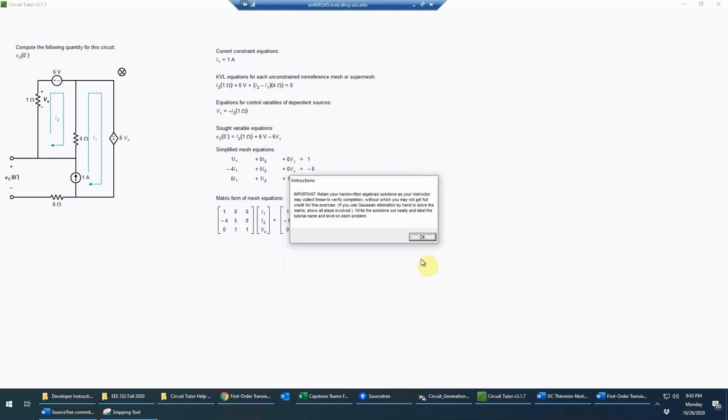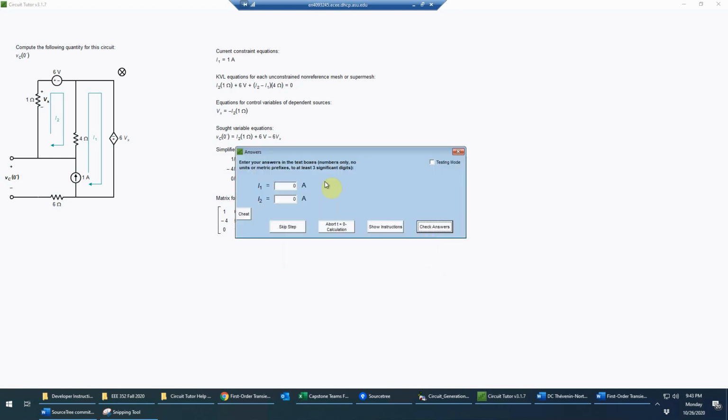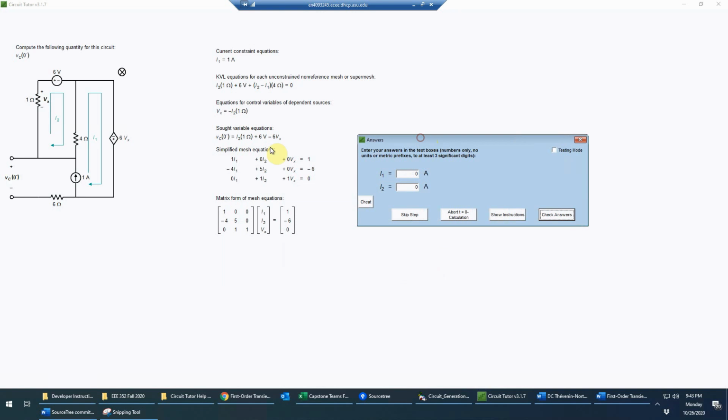And now we need to solve these, although this is actually going to be a pretty easy case. I think if we look at these equations, we don't really need to do any formal Gaussian elimination, because this first block is basically independent of the rest. So first of all, we already know I1 is 1 amp, so that one we have immediately. And to find I2,